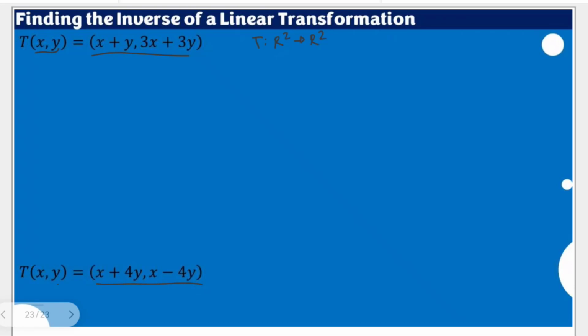Now, to show the inverse of a linear transformation, we need to structure this process. First, come up with the standard matrix of the linear transformation. Then, make sure to find the inverse of the standard matrix. If there exists an inverse, then our linear transformation T is invertible. If our inverse is not there, or it's not invertible, automatically our linear transformation T